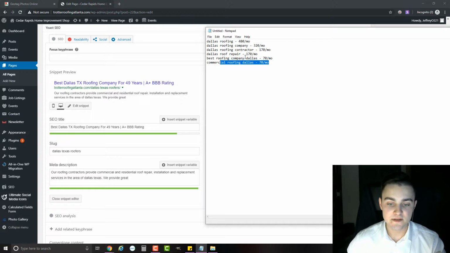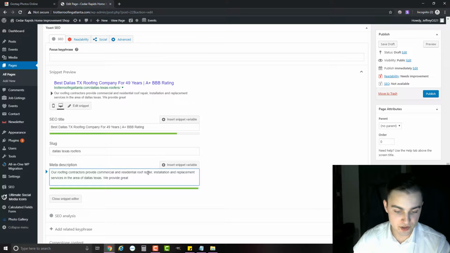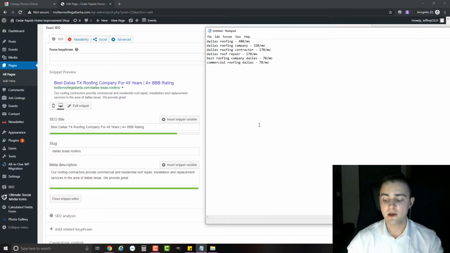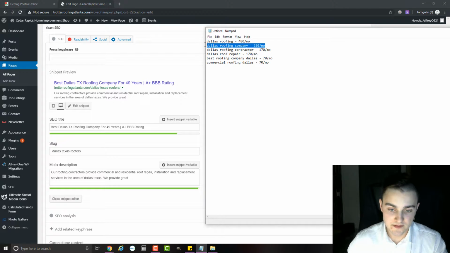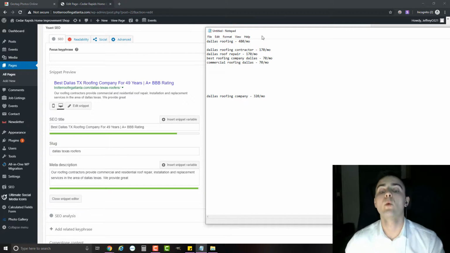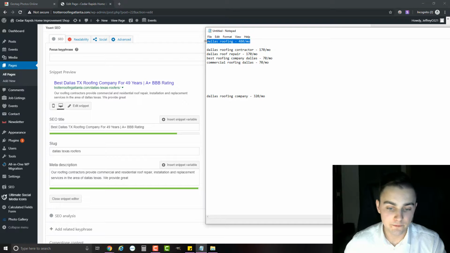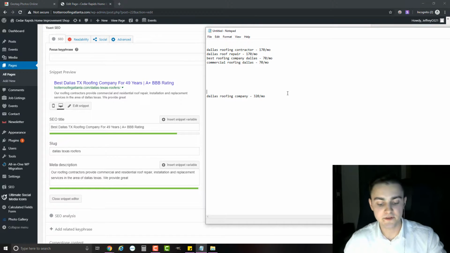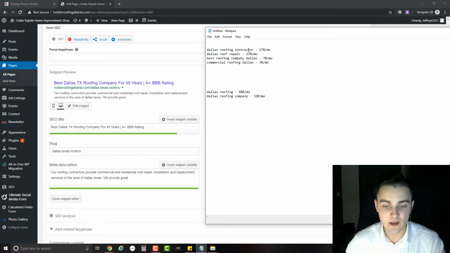Now, when it comes to Dallas roof repair, we've also included this in the meta description, which is roof repair. So this leaves us with a few ideas. We've mentioned the keyword Dallas Roofing Company in the page title, so we are optimized for this keyword fairly well. Now, when it comes to Dallas roofing, we've also optimized for this keyword in the page title, which is decent. Now, when it comes to the keyword Dallas roofing contractor that gets 170 searches a month, we didn't mention